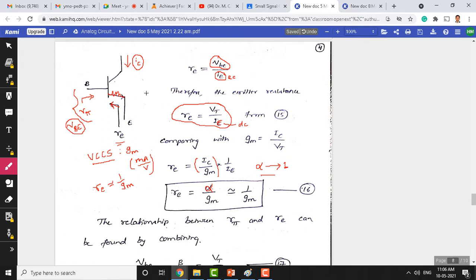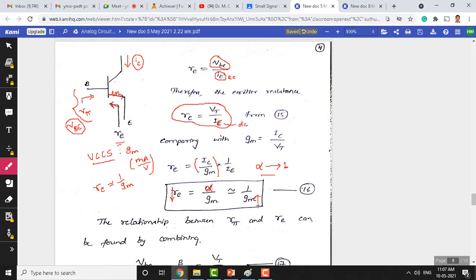But look at why I have taken this transconductance topic again here. The internal resistance, that is the emitter resistance Re, is inversely proportional to transconductance. On one side we said transconductance should be a larger value, especially for BJT it's quite a large value, and the larger the transconductance, we have seen that emitter resistance will be very small. So with higher transconductance, this value Re becomes very small.